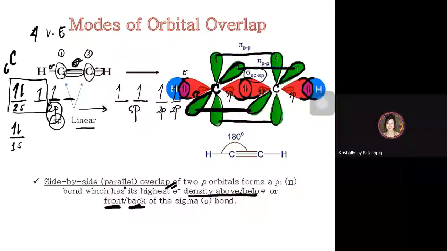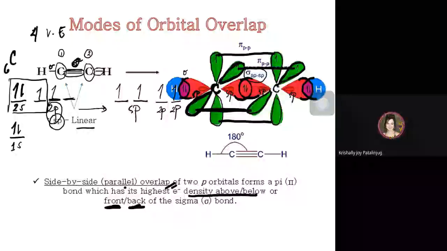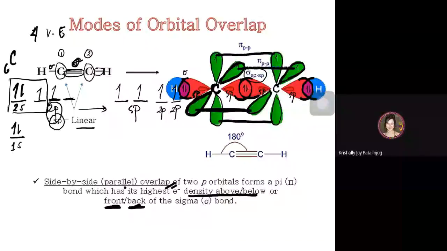Alright? So that is how the second and third bond in a triple bond is being formed. Yung mode of orbital overlap nila is side-to-side parallel. Okay? Particularly, yung nag-overlap are p orbitals forming a pi bond. Okay? So to summarize,